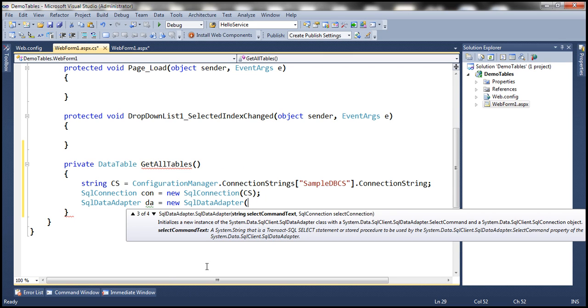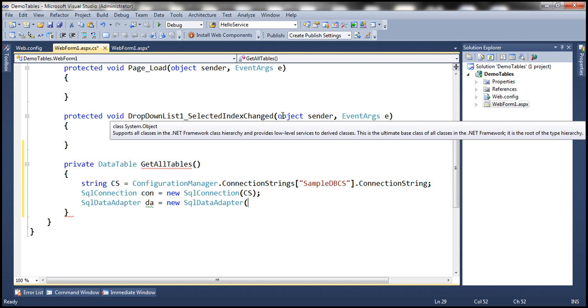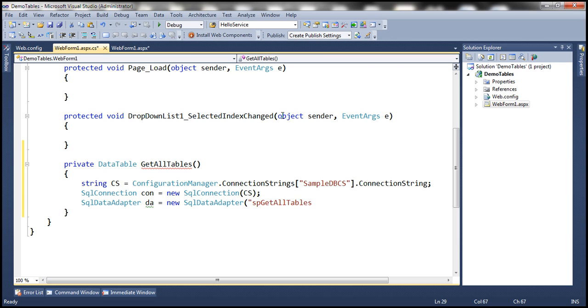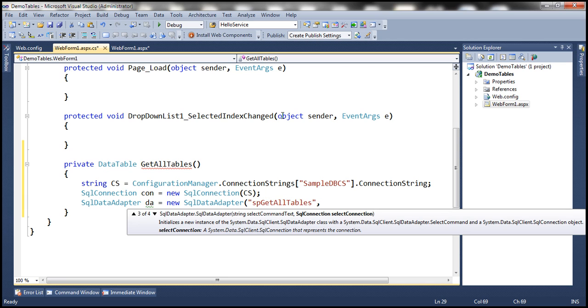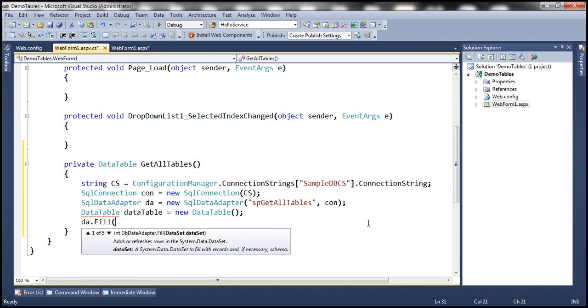So here we want to execute this stored procedure spgetAllTables. So let's copy the name and pass it as the command that we want this data adapter to execute, and the connection object is going to be this connection object that we have just created. And then let's create a data table instance. So data table, let's call it data table equals new data table,